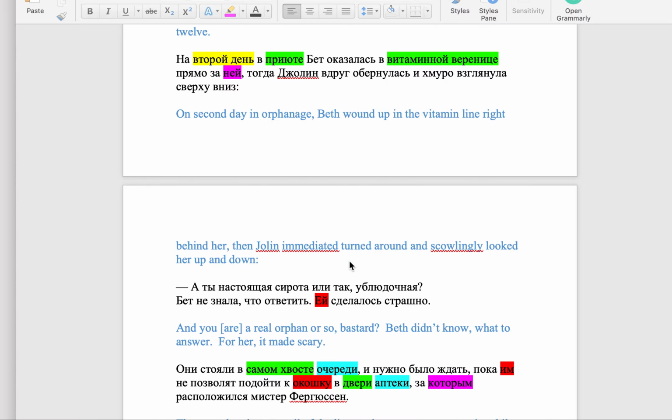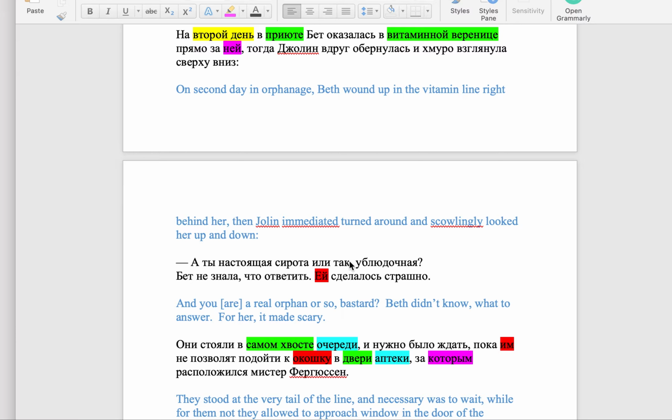Not sure if I actually translated this, but on second day, and I'm leaving out things like articles because they just don't exist in Russian, to give you just a better sense for the flow of the language. On second day in Orphanage, Beth wound up in, occasionally I'll stick in an article, in the vitamin line right behind her. Then Jolene immediately, I've got a typo here, immediately